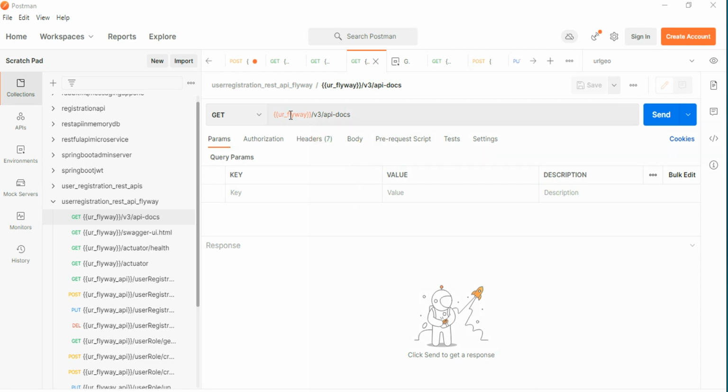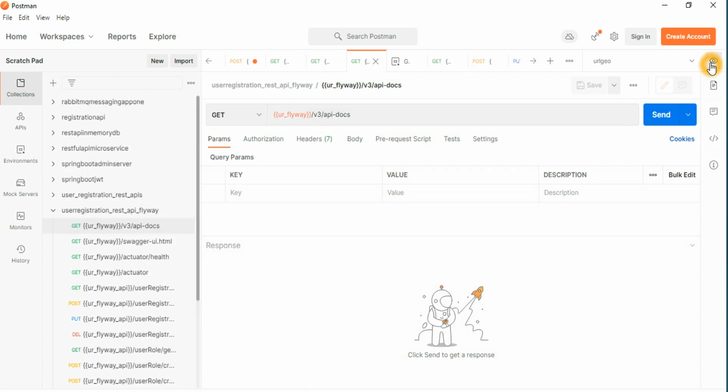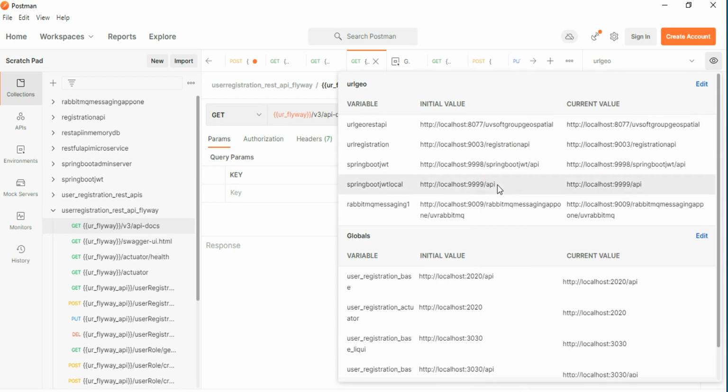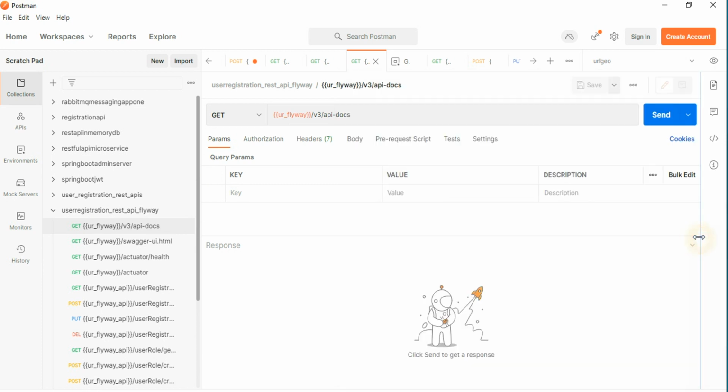So we can check the service. It's a different definition of the URL. We can also check the URL, so we can modify it. Our application's URL, Flyway, needs to be modified and edited, because the application is running